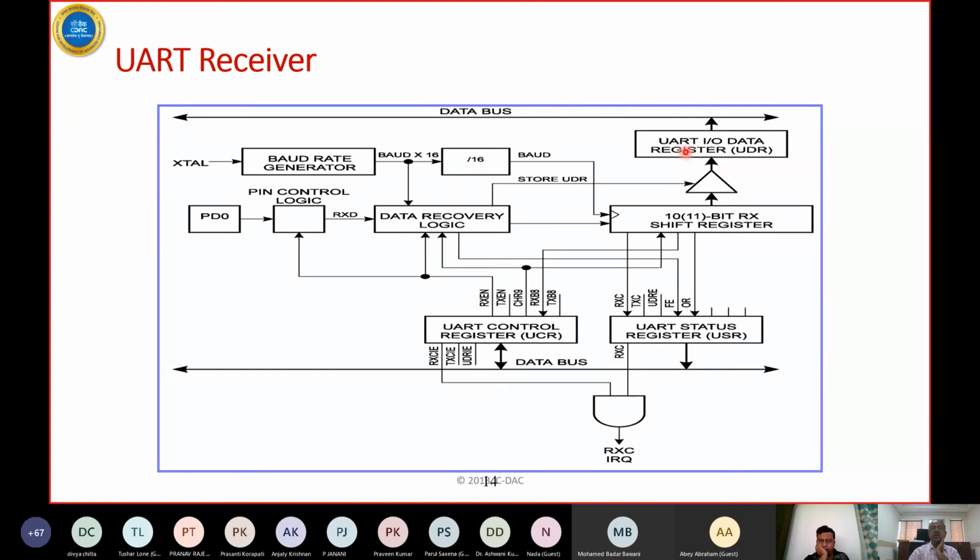So what is the CPU supposed to do? The CPU is supposed to read this data. How will the CPU know that the data has arrived? Because an interrupt will be generated after RX is complete. So if all the 10 bits have arrived without any error, with no framing error or any such error, then the UART status register will indicate that RX is complete and the interrupt can be generated if the programmer has so desired. So this is the receiver section.